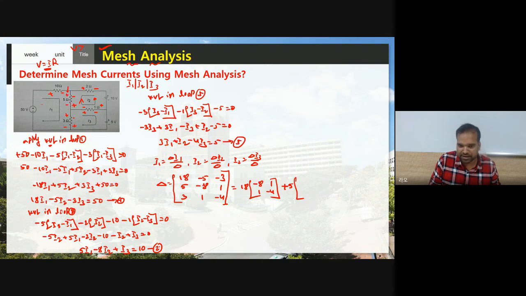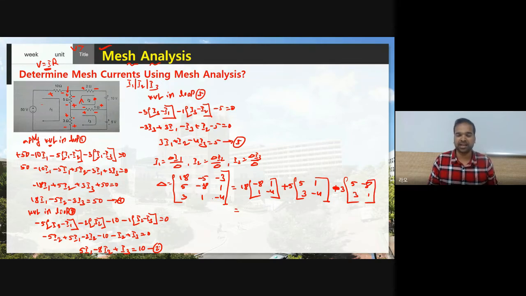Now if you consider 5, you should not consider this entire row and entire column. And what are the remaining elements? 5, 1, 3, minus 4. Now you need to consider 3. So plus, minus, plus. However here you have minus, so plus into minus will become minus 3. Now if I consider 3, you should not consider this entire row, entire column. And what is the remaining 2 by 2 matrix? 5, minus 8 and 3, 1. Okay, clear. So this is the way of writing for the 3 by 3 matrix in order to find the